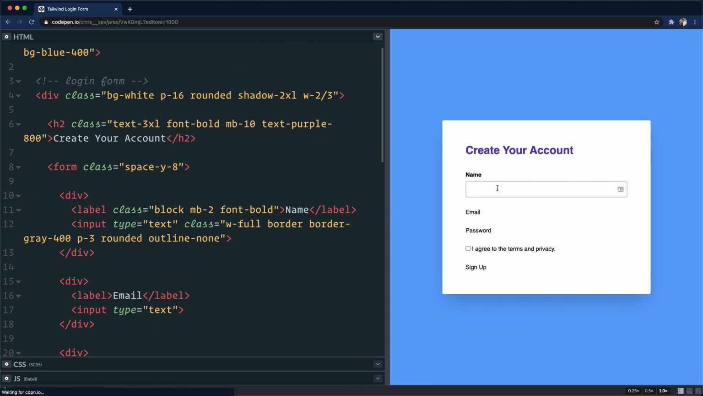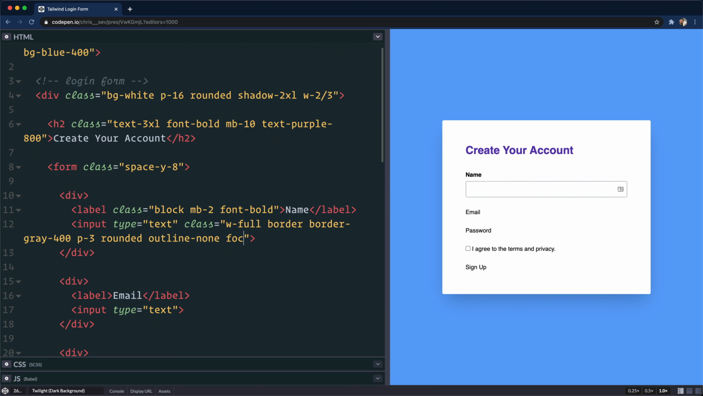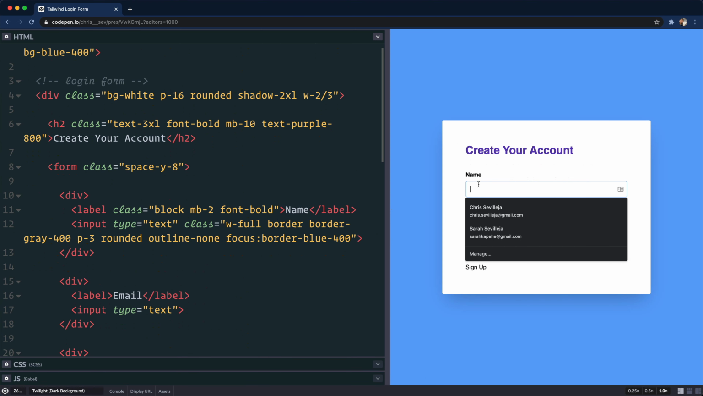So when we click it, it won't really show that we're typing into it. So we definitely want this to show a little bit better. So we can actually say focus. Let's give this a border of blue at 400. So if I click into this, it shows the border right there, and it kind of shows that we're typing